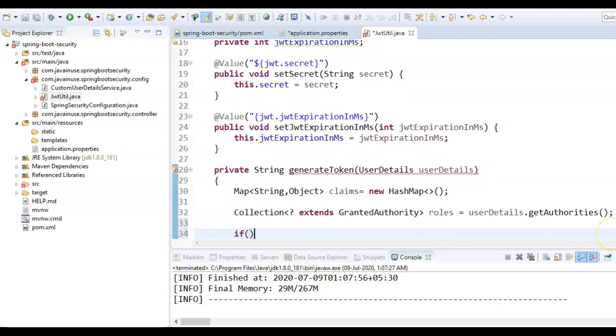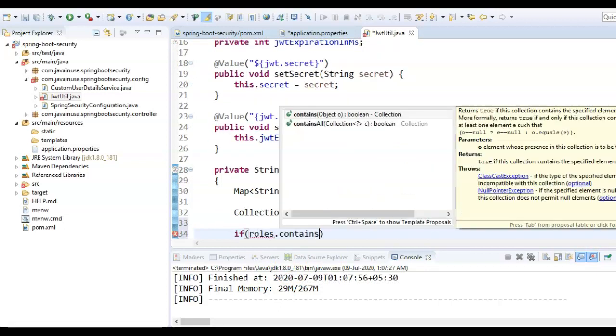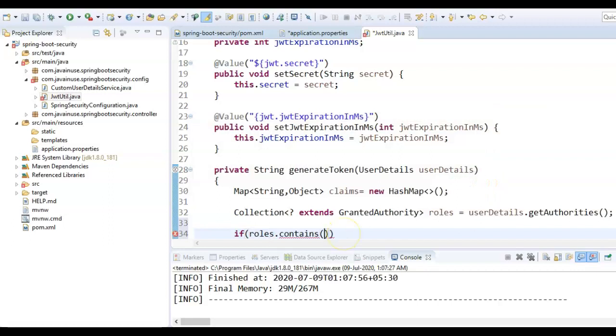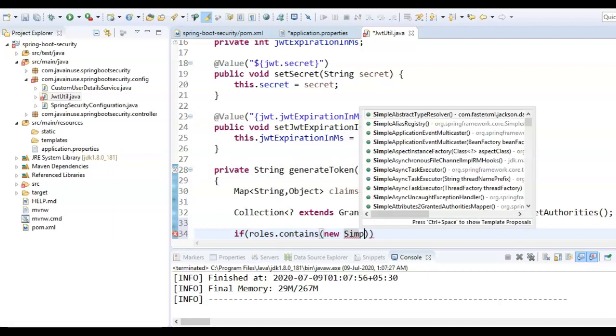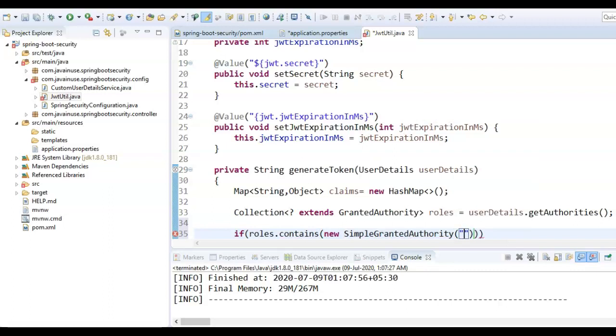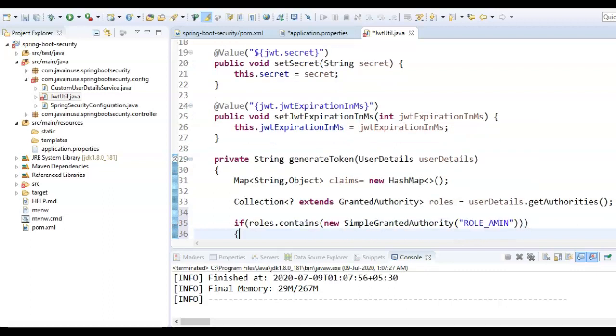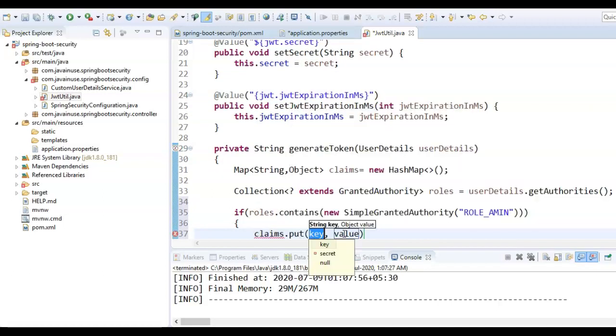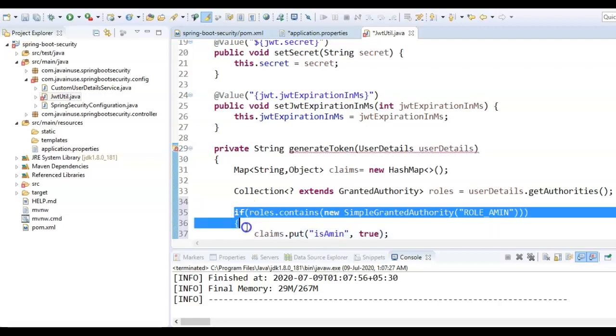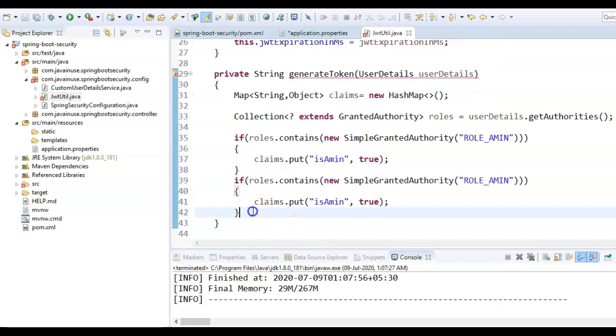If the roles contain the admin role, then we'll be putting in the claim isAdmin true. Similarly, if the roles contain the user role, then we'll be putting isUser true.